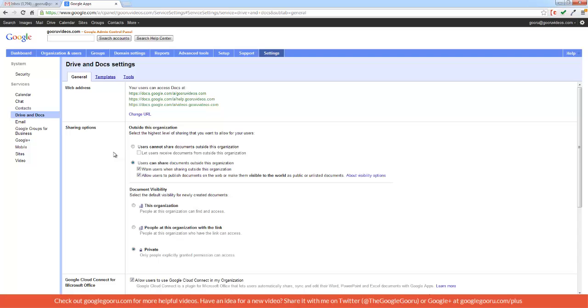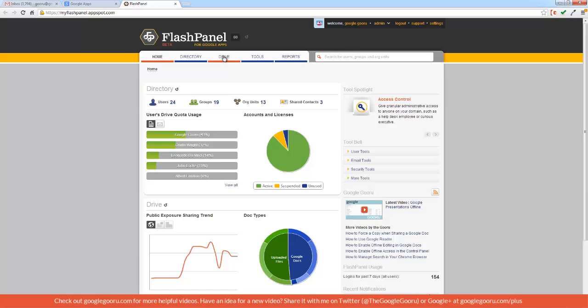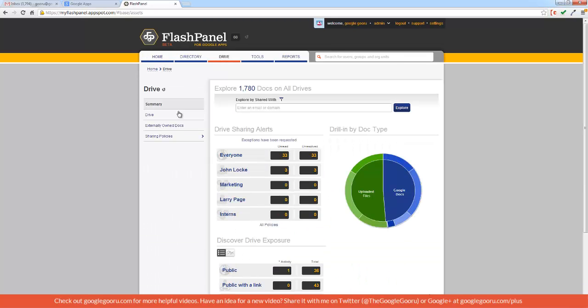To get a little bit more control over who can share what and to what extent, you need to use a third-party tool. So the third-party tool that I'm going to show you is FlashPanel. To access this, I'm going to go up here to More and scroll on here and click on FlashPanel, and then I'll click on the Drive tab up here at the top, and then go over here to Sharing